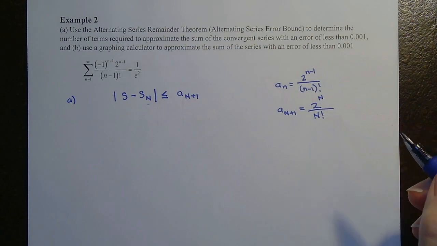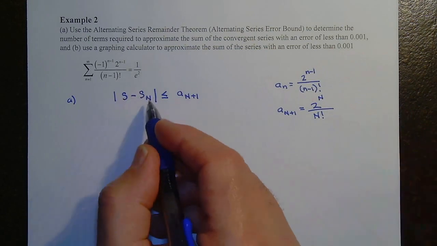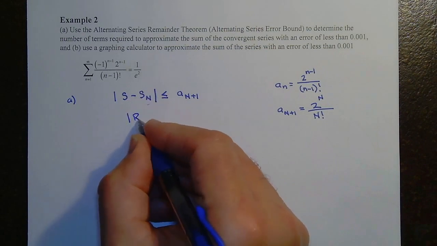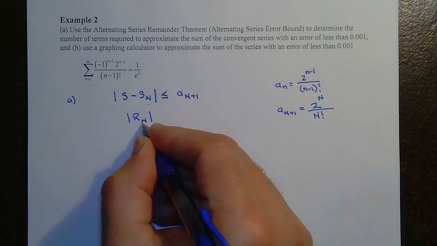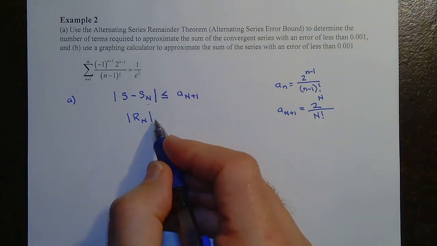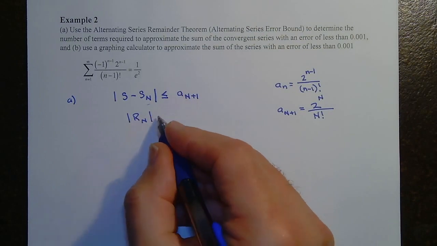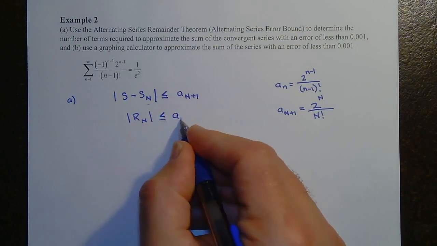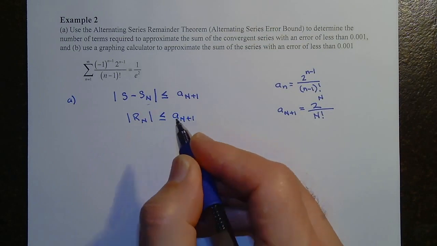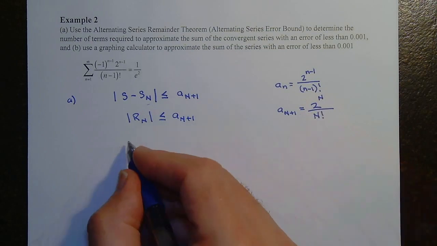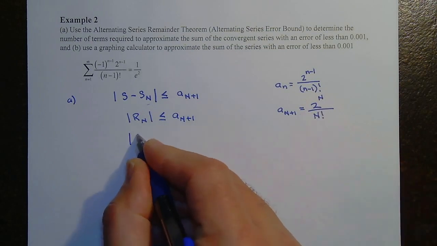And this little term right here is called a remainder, so we could replace this with R sub capital N. We just don't know what N is. Like in the last problem I said 6 terms, we just don't know this number yet. And we know that this is going to have to be less than or equal to A sub capital N plus 1. And now we know what this is, so that means my error